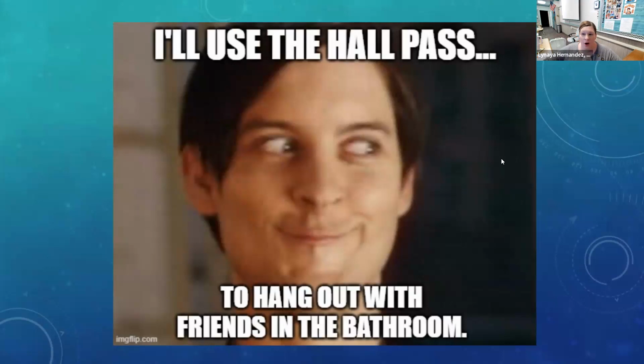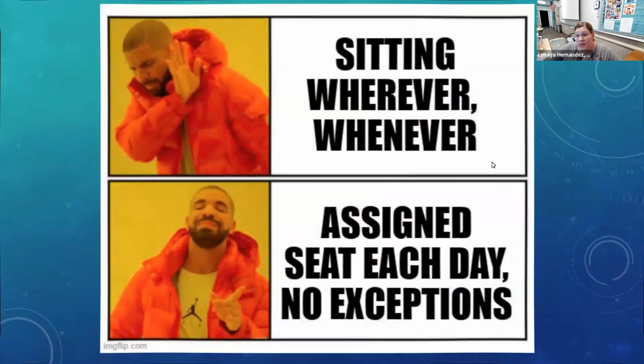So if you use the hall pass to go chat with your friends, or go make a phone call, or go to the vending machines, or run to your car for a second, any of those reasons to use the hall pass is misusing the hall pass. So if you misuse the hall pass, then no more hall passes for you at all. Okay, obviously, I'm hoping all of that is self-explanatory. Just be cool and reasonable and polite with the hall pass, and it'll be fine, right?